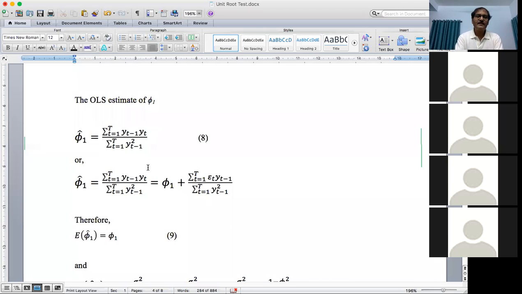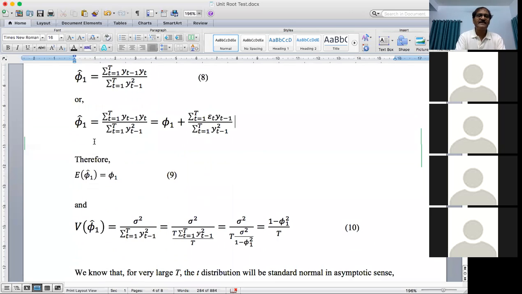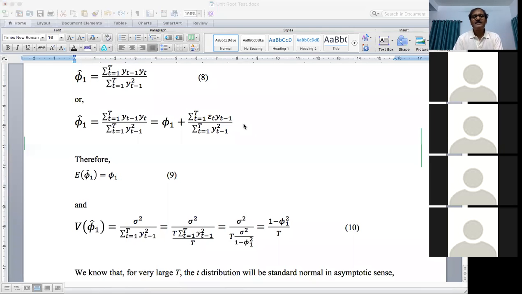So just put the value of yt here, and after some simplification, you will get the result like this: phi 1 hat is equal to phi 1 plus this component. And this is similar to the result you have in a simple linear regression model. Just try to remember, beta hat is equal to beta plus the sum of